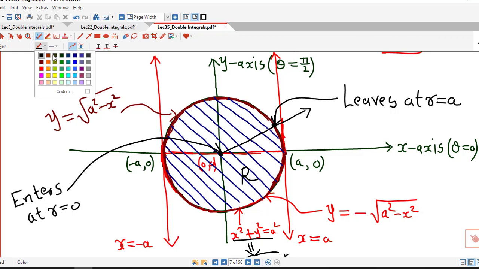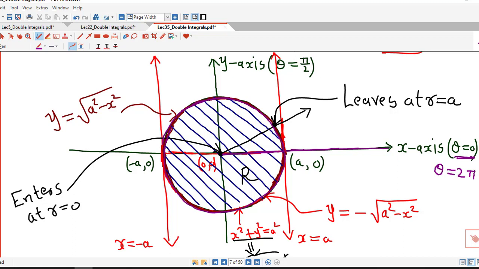Now our region of integration is the whole circle. So suppose we start from this point, then at this point the value of theta is 0. Now to cover the remaining region, we have to go in this anti-clockwise or counterclockwise direction. So theta will increase here, theta will be pi by 2, then theta will be pi here, and here theta will be 3 pi by 2, and we have to come back to this point. So after completing the full circle, the value of theta will be 2 pi. So the smallest value of theta is 0 and the largest value of theta is 2 pi.